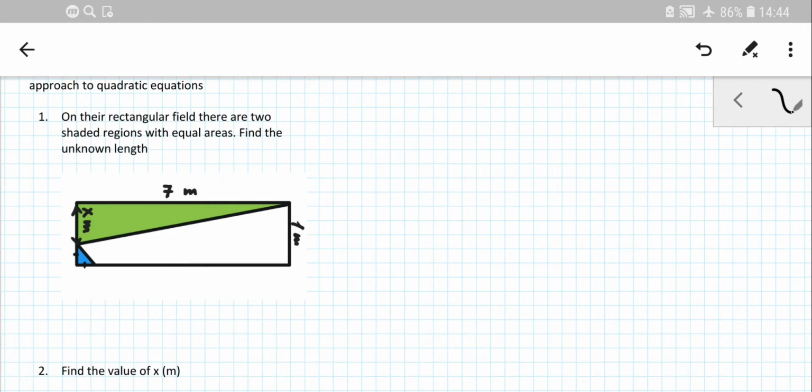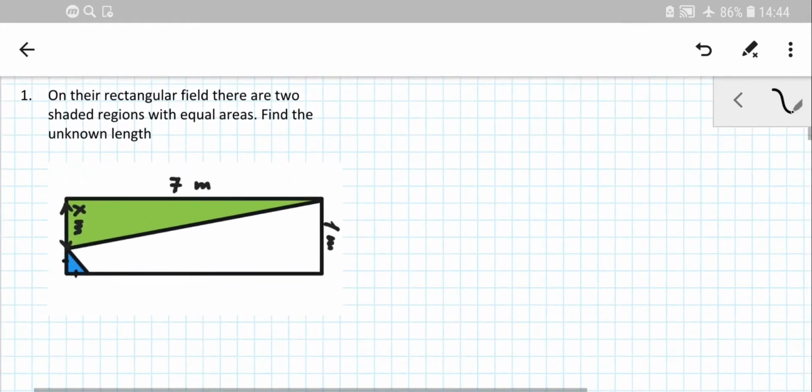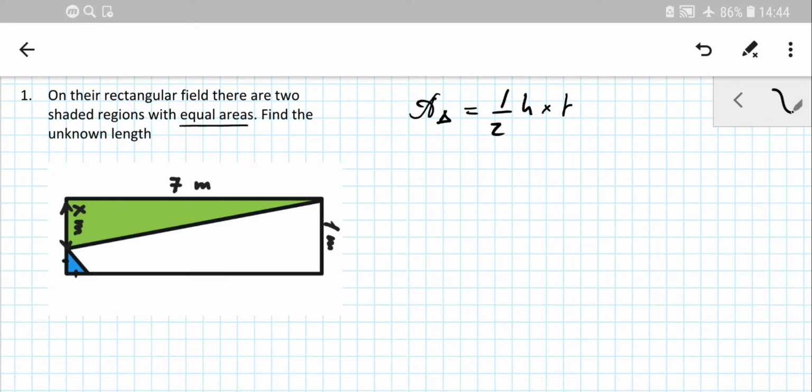Okay, let's get started. The first one: on the rectangular field, there are two shaded regions, marked with green shading and dark blue shading. They have equal areas. That's the key statement here. So make sure you remember how to calculate the area of a triangle, which is half of the height times the base. If you're not sure where it comes from,